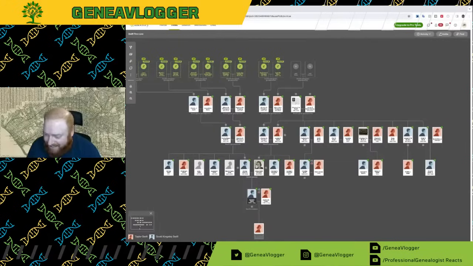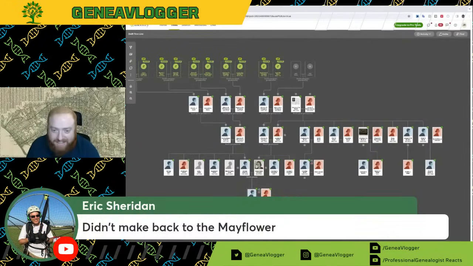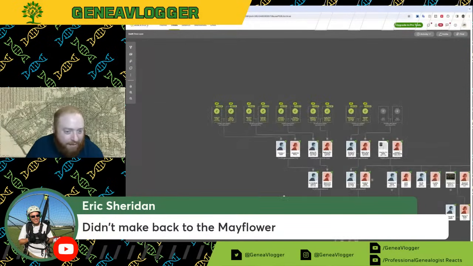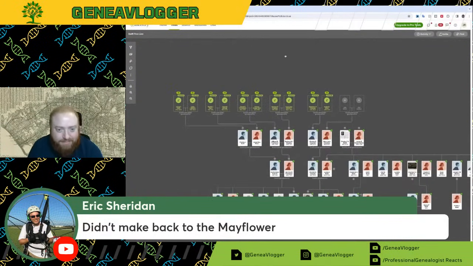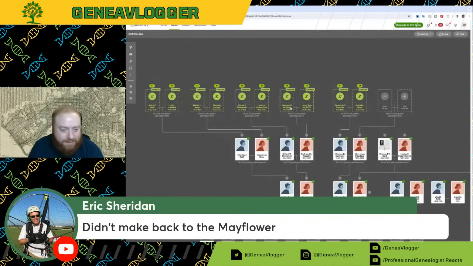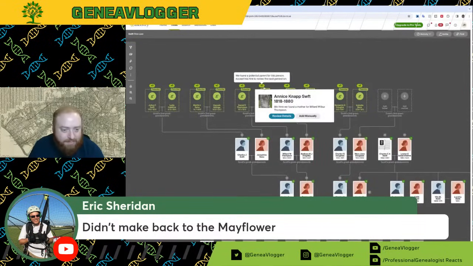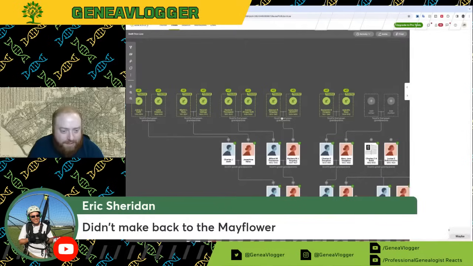Okay. So let's see. It didn't make it back to the Mayflower. Yeah, I guess not. I imagine I probably could, depending on how her family tree is, if we did that quick and dirty method. Let's show me a few details.